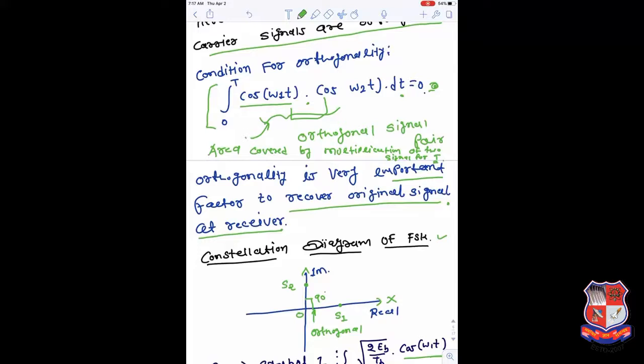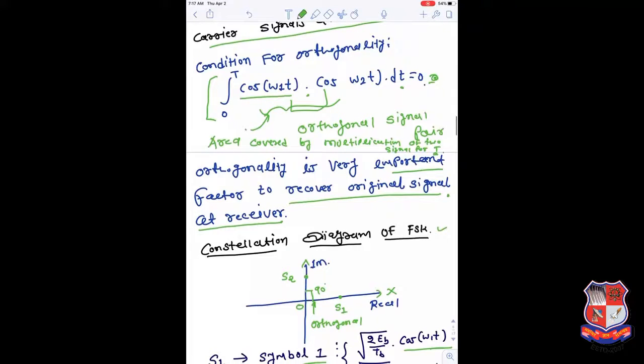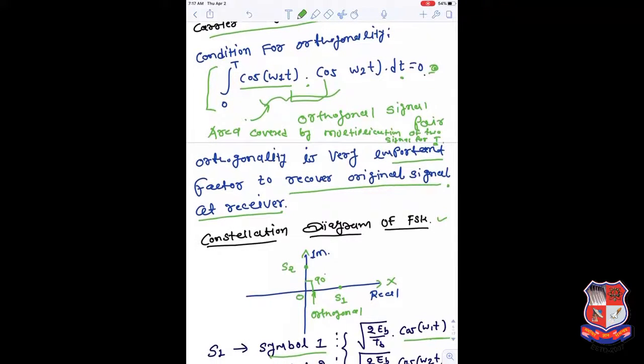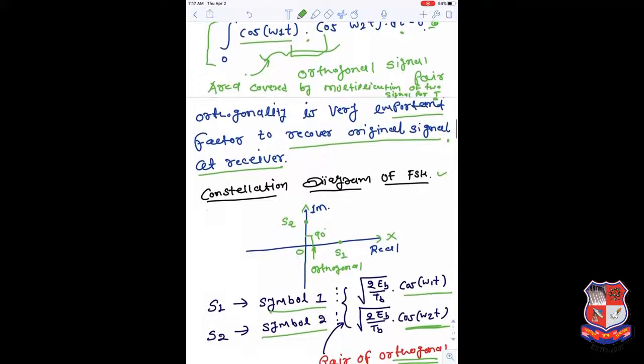So orthogonality is very important because, because of the orthogonality, one signal can be identified correctly, and the other signal multiplied with the first carrier will produce a 0, and the second carrier multiplied with the first carrier will produce a 0. If both the signals are of the same frequency, then the orthogonality may not be maintained, and we take advantage of this to decode as a 1 and 0. That we will see when we study the receiver structure of the FSK signal.